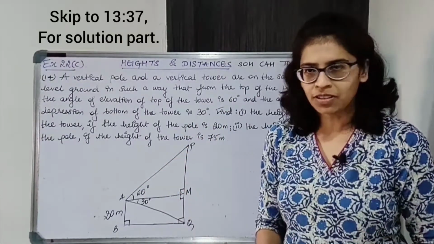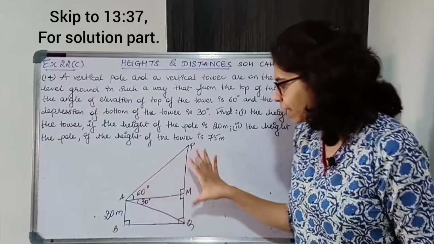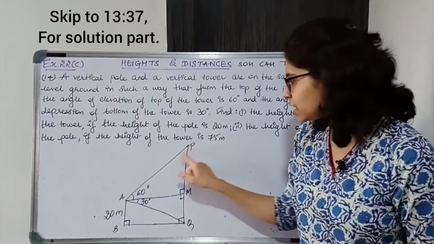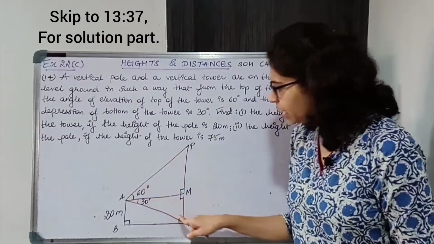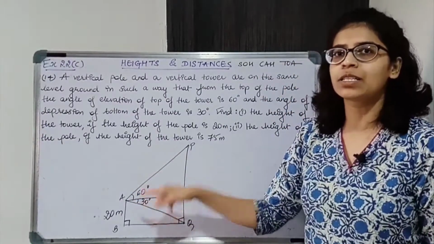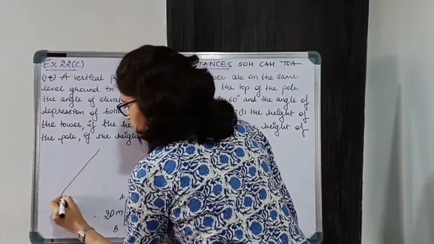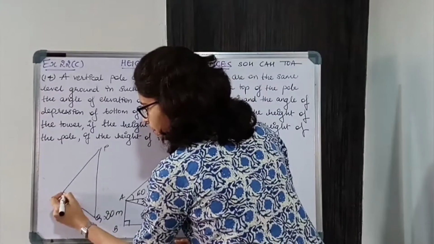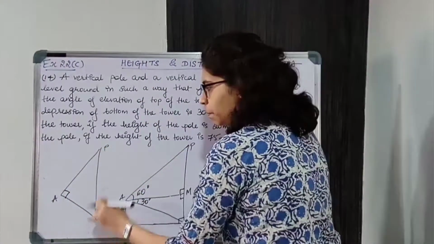Now in the other method we are going to consider triangle PAQ. We'll find PQ directly. So PQ is a side of this right angle triangle PAQ. Correct, because angle PAQ is 90 degrees, 60 plus 30 is 90. Okay, so PQ and A, this is 90 degrees. Okay, now we need to find PQ.